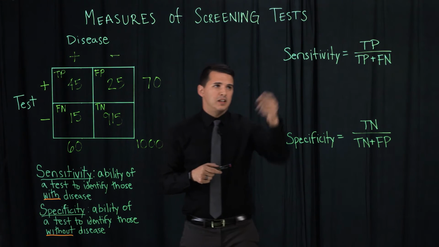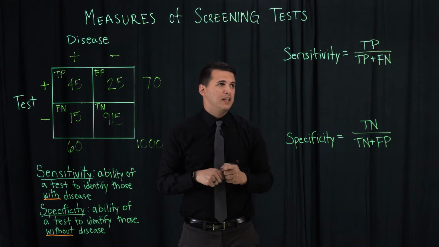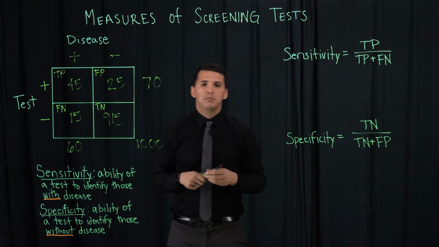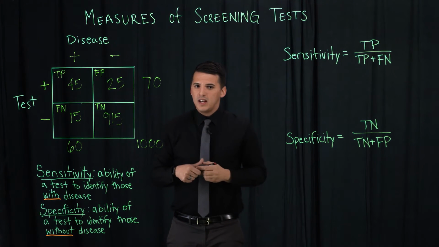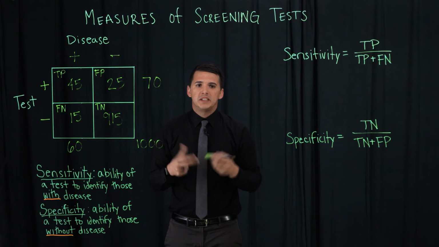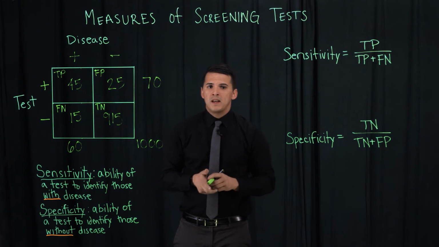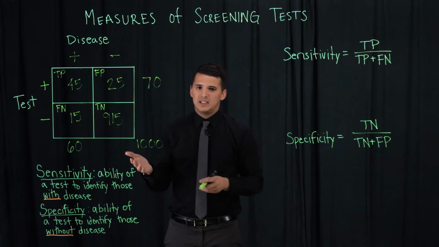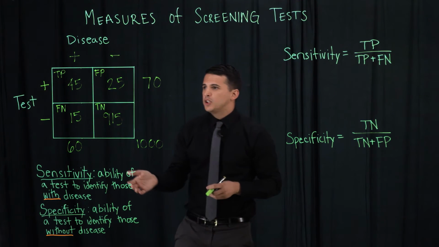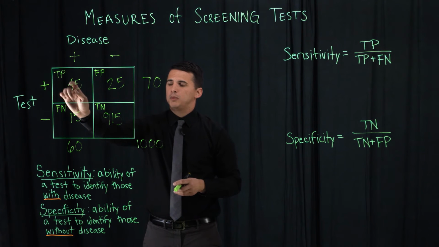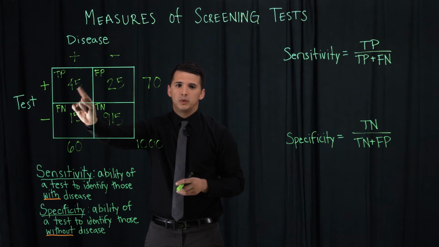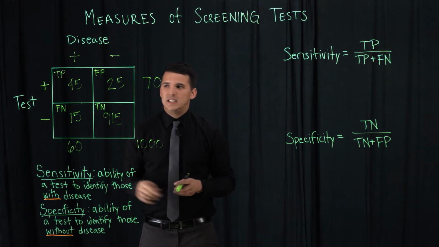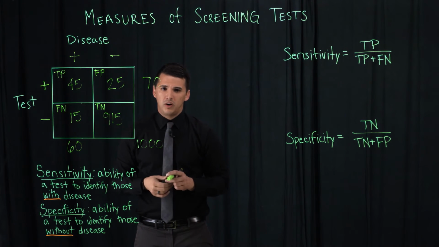So as you can see here, our sensitivity is calculated by looking at our number of true positives over our true positives plus our false negatives. And so if we look at our 2x2 table to see why we're calculating it that way, as I mentioned earlier, the sensitivity is the proportion of those with the disease who test positive. So if we look at this top cell, that's our true positive, so that's the proportion of those with the disease who test positive over all of those with the disease, which would be our true positive, or over our